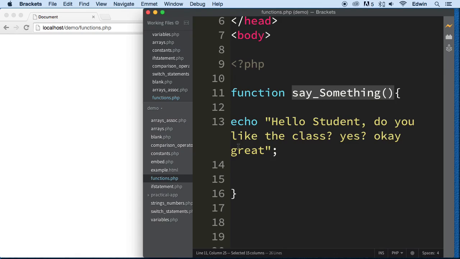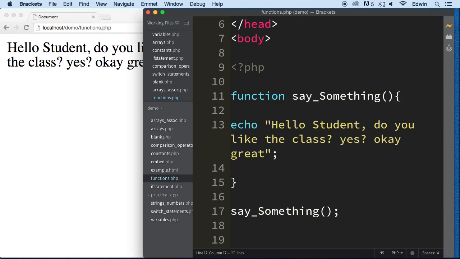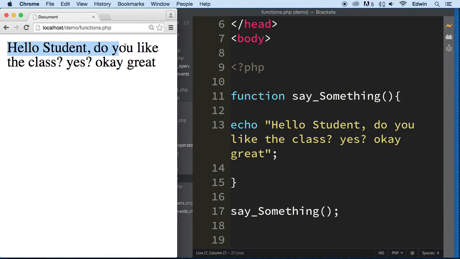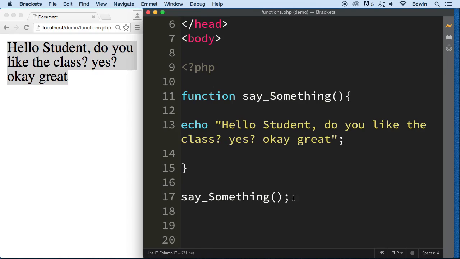So I'm gonna copy the name and I'm gonna put it right below that curly bracket, outside the function. Don't put it inside because it's not gonna work. Then make sure that you put a semicolon there and save it. Done. See that? Now every time we use this name anywhere in our document, say something here, I